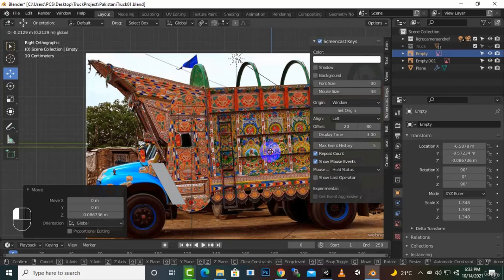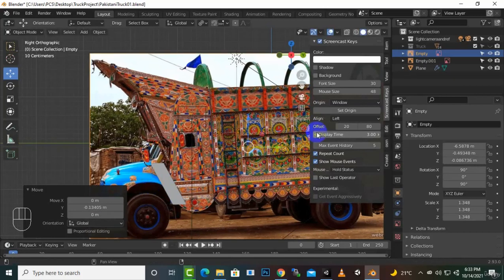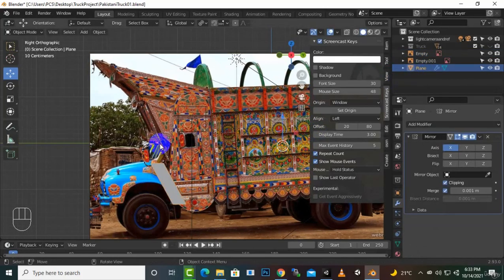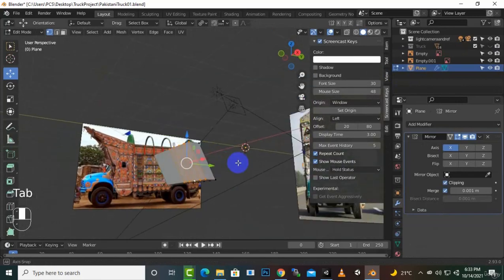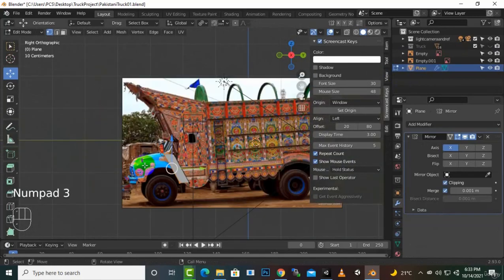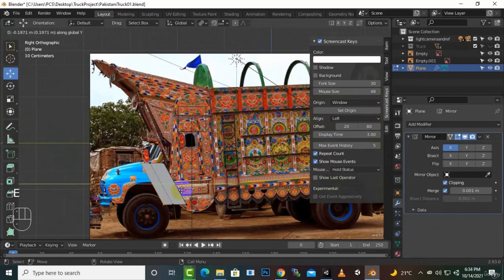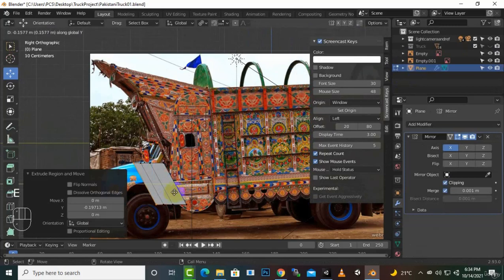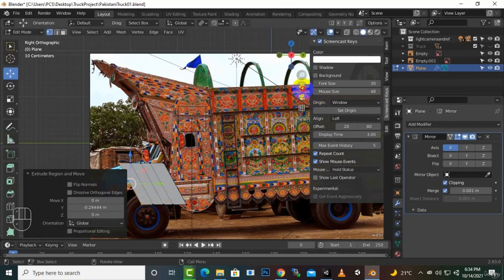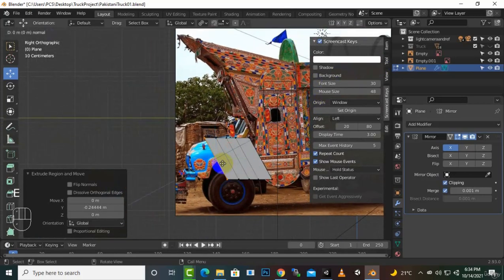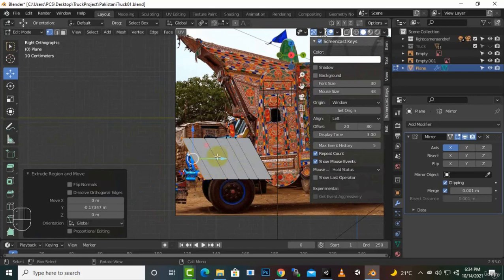A little bit like this, and now we'll go to edit mode again, and you can see this is the selection. We'll go to side view. We'll start extruding it a little bit more like this. E Y again, E Y again, okay, E Y again like this, and that's nice. And now we will go to wireframe mode, and we will